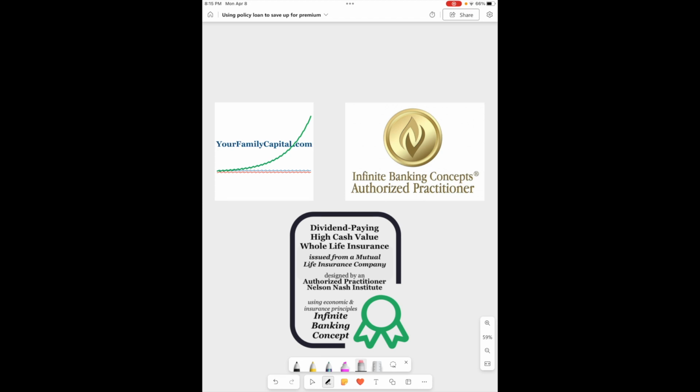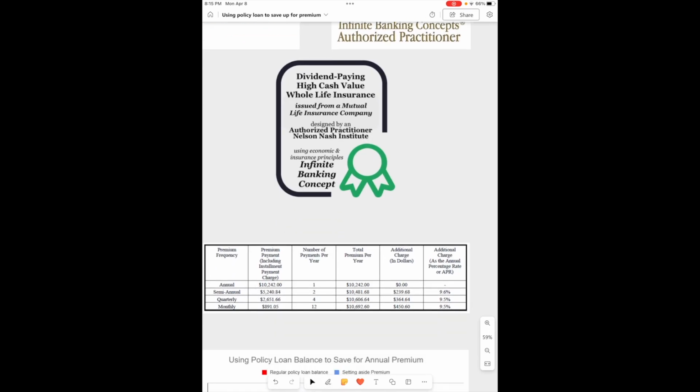So why not use monthly mode to pay premium? Nothing wrong with it. By all means, use monthly if you have to in order to implement the infinite banking concept. Just get started. However, your cash flows are more efficient if you set up your policy as an annual payment mode. Here's a table from an illustration